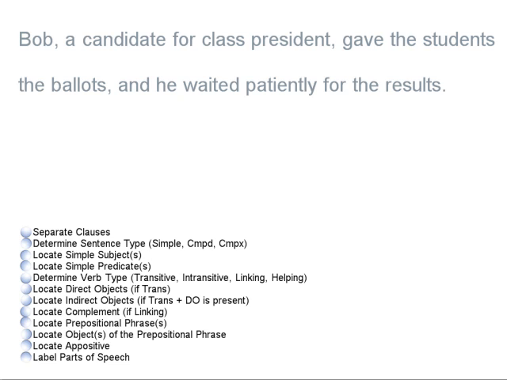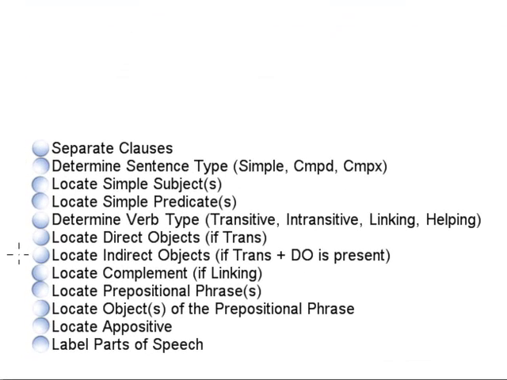We're now going to go over an entire sentence dissection sheet together, so follow along and pay close attention. Down here at the bottom you see a checklist, and these are the things you need to be able to do for the test. You need to be able to separate the clauses, determine whether the sentence is simple, compound, or complex, locate the simple subjects, the simple predicates, determine the verb type of the simple predicates, whether or not they're transitive, intransitive, linking, or helping,